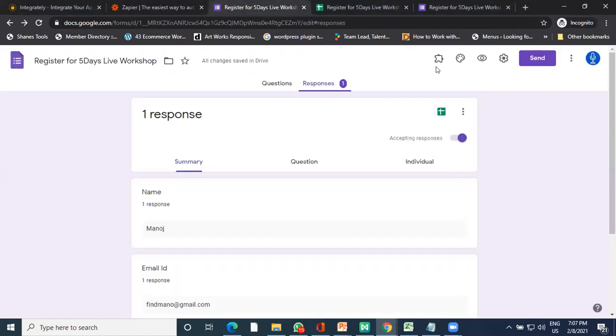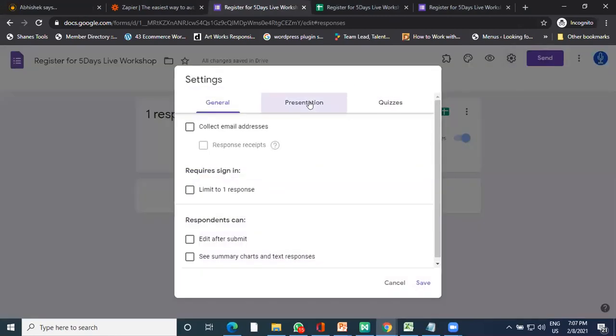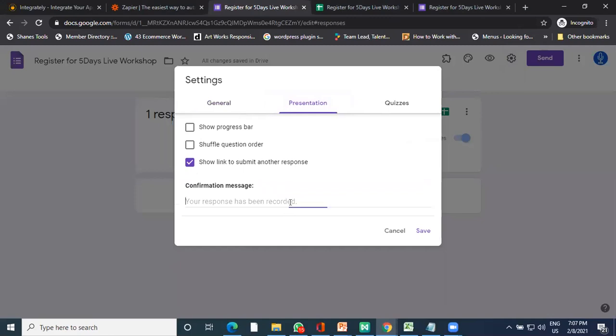Okay, redirect, sir. It is pretty easy on Google Form. You can go into settings, and in settings there is presentation. So here you can write a message, showing to your audience, thank you for your response, and you can put up here your site. It doesn't automatically go, but yeah, you need to add your site.